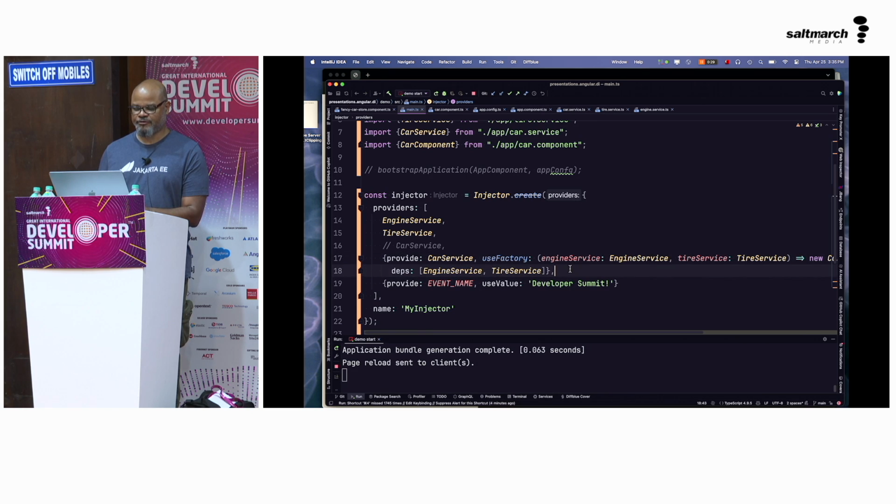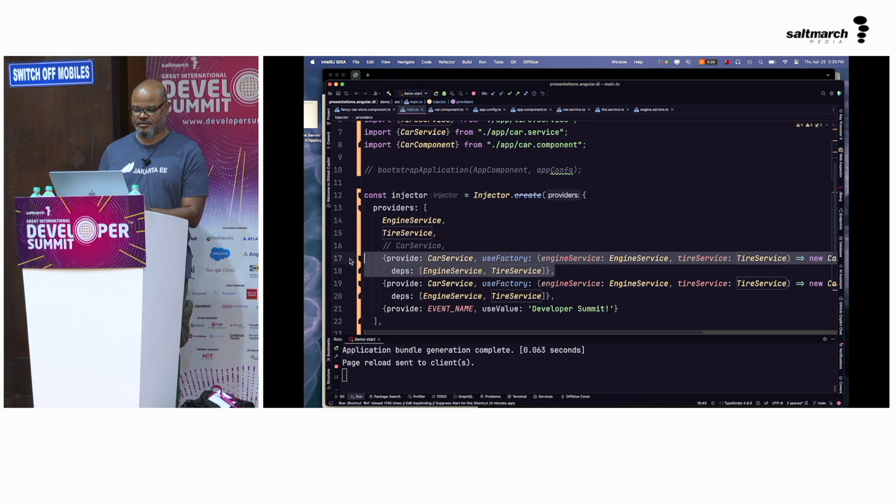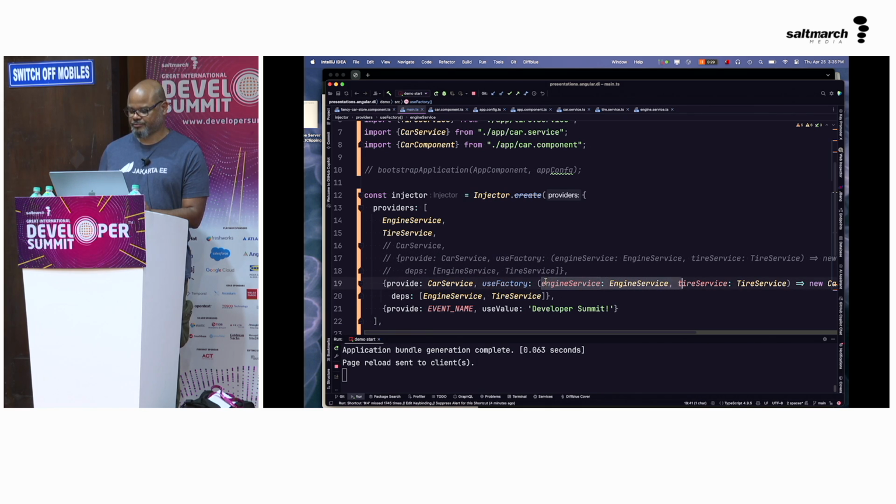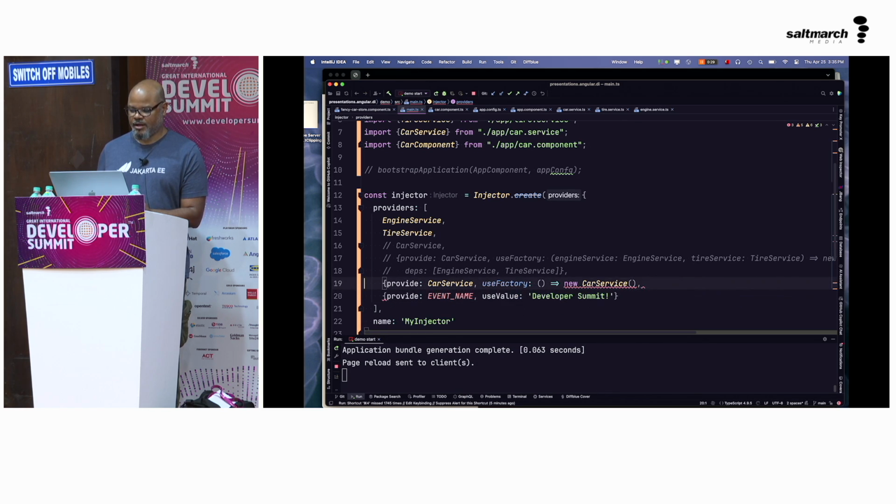A simpler version might look like this. If I had a no-arg constructor, I could do something that way. But you can very easily create little factory methods as well if you want to.